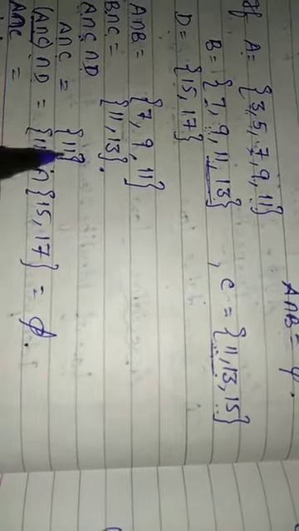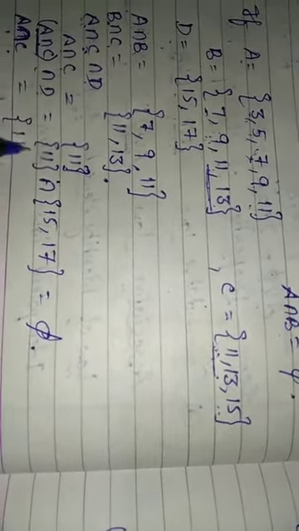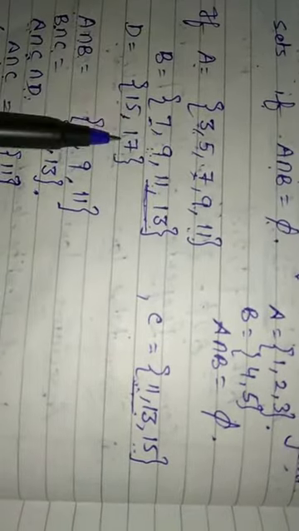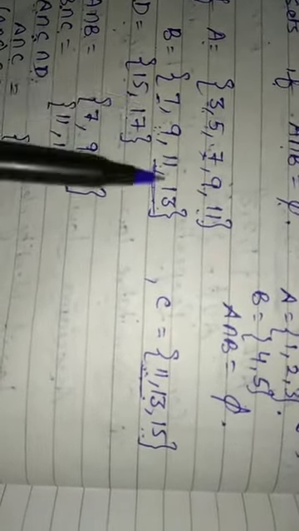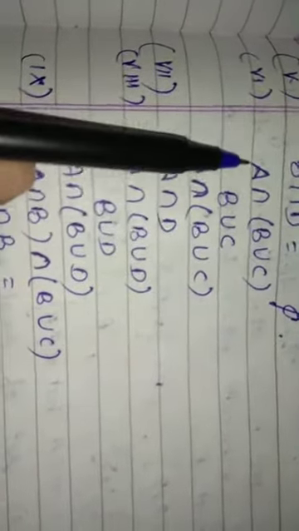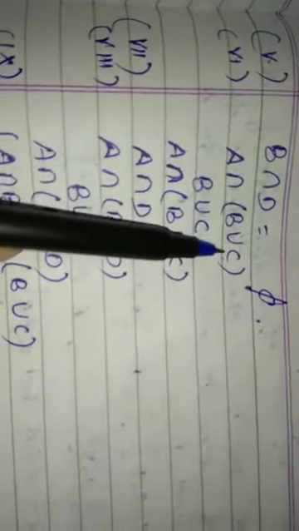Okay. Now next is A intersection C, and we have found A intersection C in the last part. So that is 11. So write it as it is. Now B intersection D. So we will take common elements of B and D. B set is 7, 9, 11, 13 and D set has elements 15 and 17. What is common in these two? Nothing. So we will take the empty set. Now we will find A intersection (B union C). So firstly we will find B union C, then intersection with A. So what is B union C? We will take all elements of B and C.